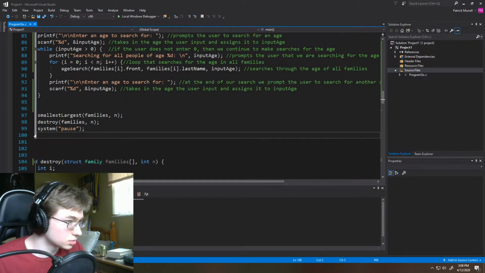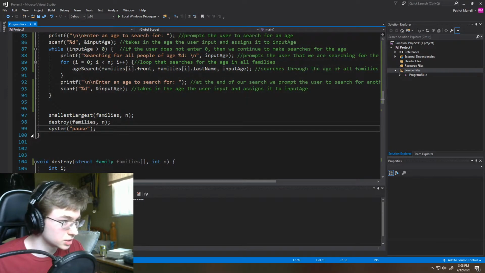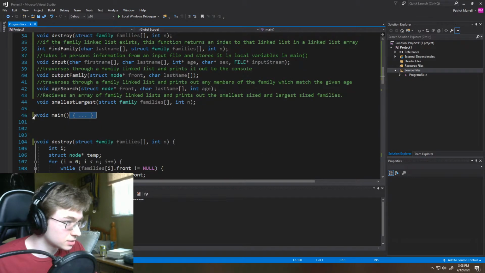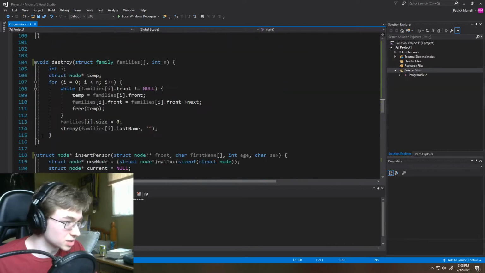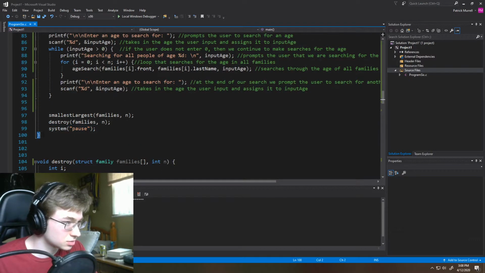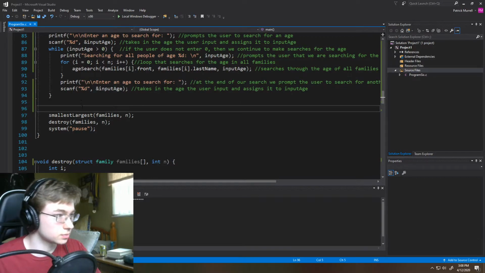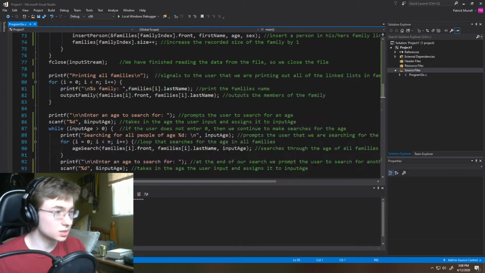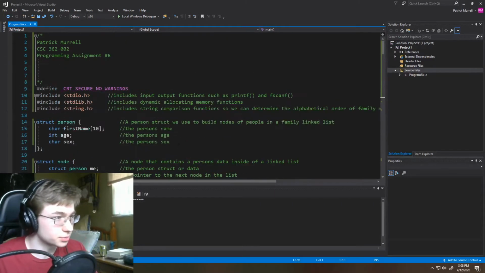Wait a second. Oh, there we are. It was hiding this thing right there for a second. Okay. So we've commented all the logic in our program thus far,